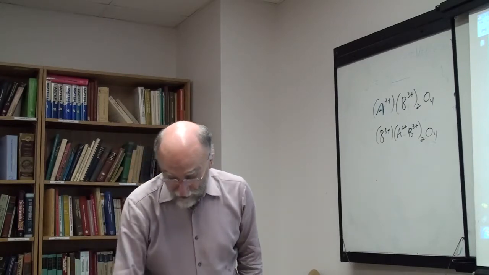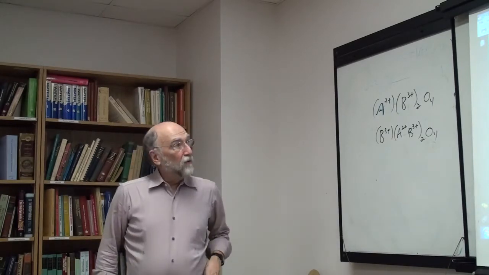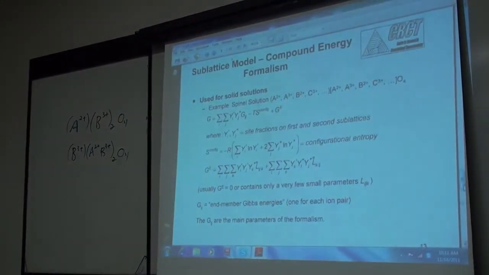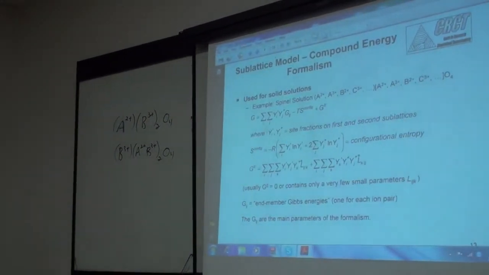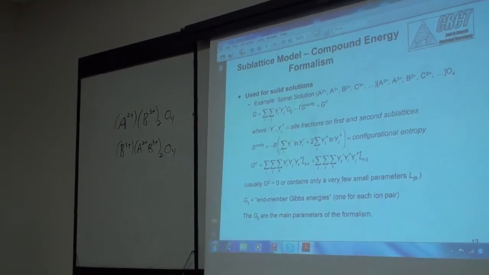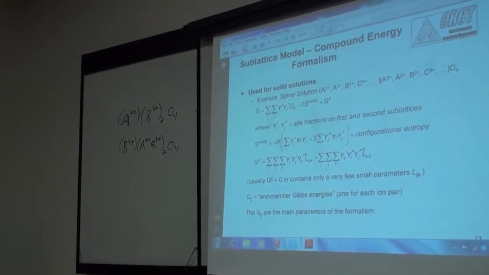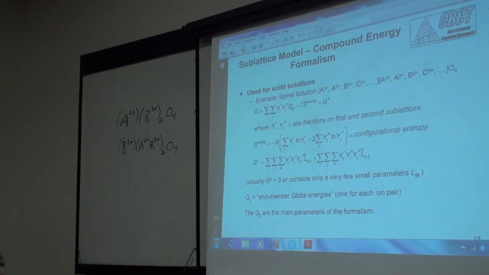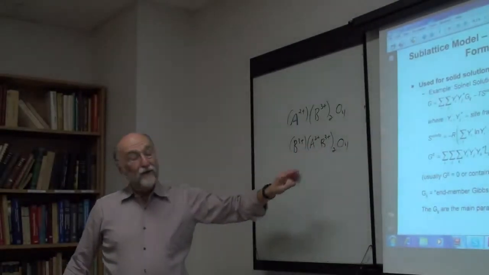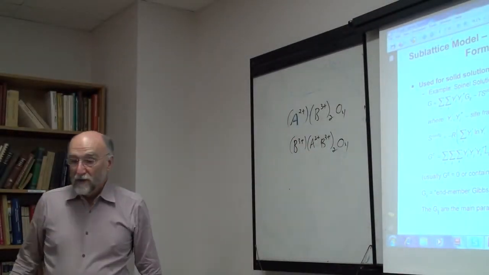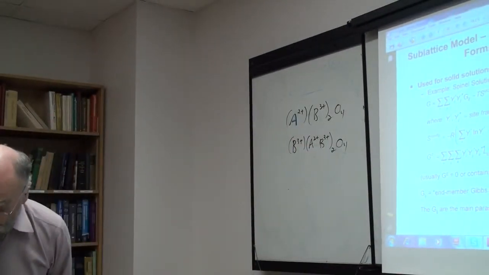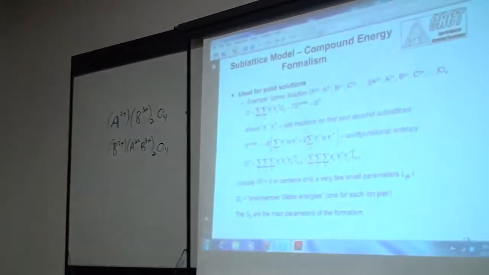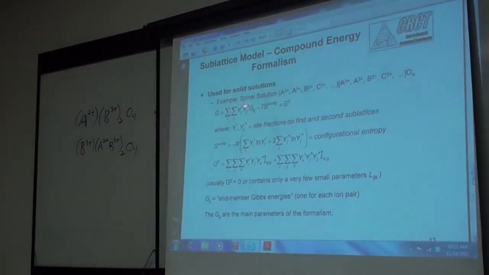Some elements only have one oxidation state. For example, if you're talking about magnesium, you don't have any particular magnesium 3 plus, so the magnesium would only be magnesium 2 plus. Aluminum is only 3 plus. But other elements like iron will have both 2 plus and 3 plus. So even if you've only got one element, you have A2 plus and A3 plus, which can go on both sides. Okay, so to treat this with the compound energy formalism, the Y's are the site fractions,